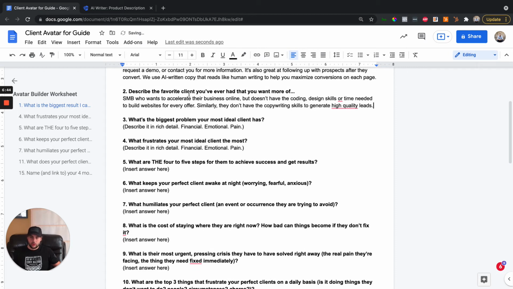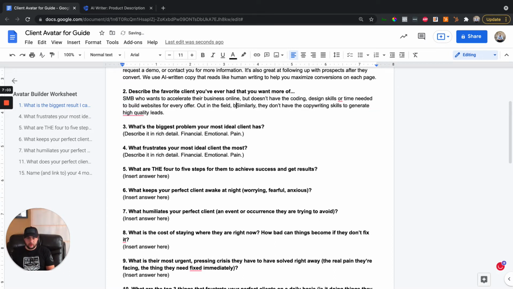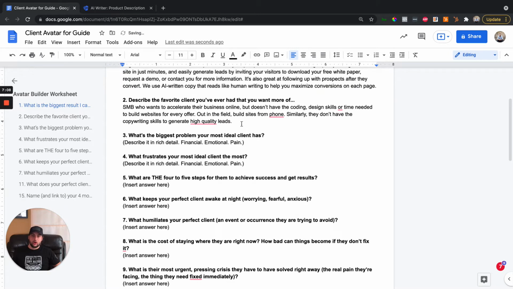These are very important. So what I do want is an SMB, a small to medium sized business, that doesn't have coding, design skills, or the time to build websites for every offer they have. That's why Phone Sites excels. Maybe they're out in the field, so I can type in out in the field, build sites from phone. If you service homeowners, if you're a remodeling company or a construction company, you can say something like, a